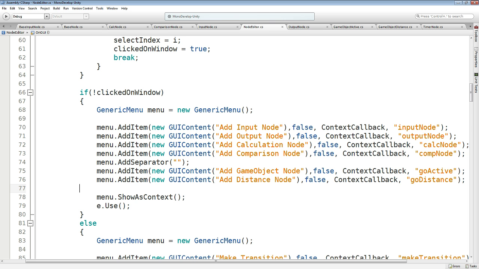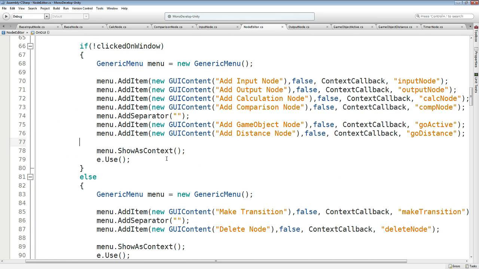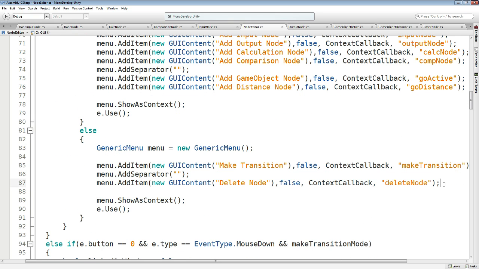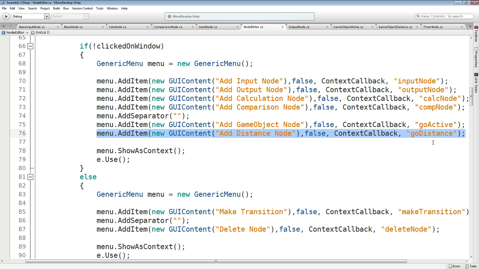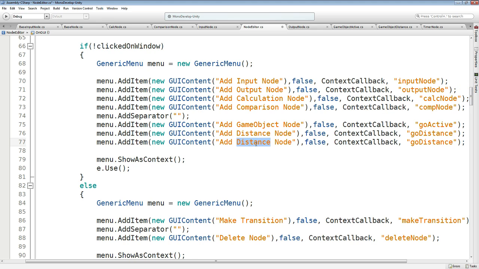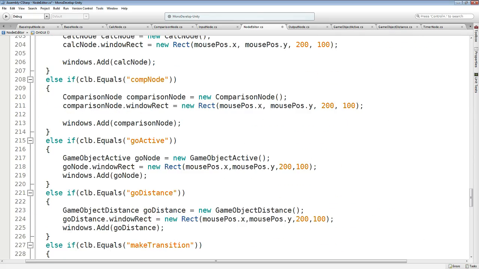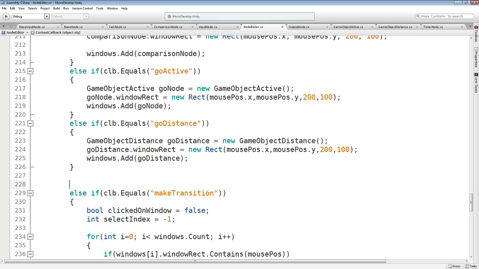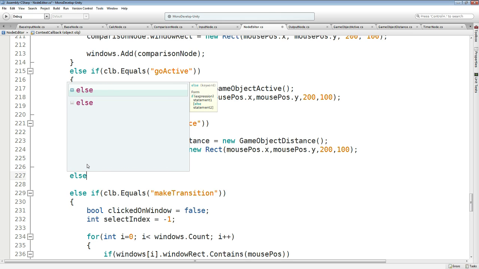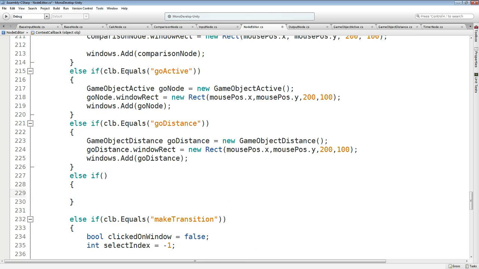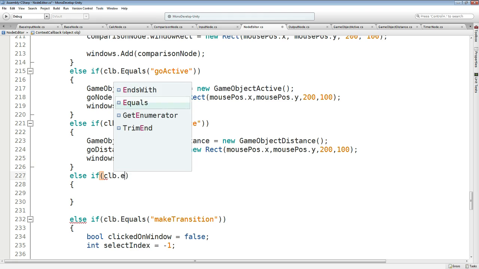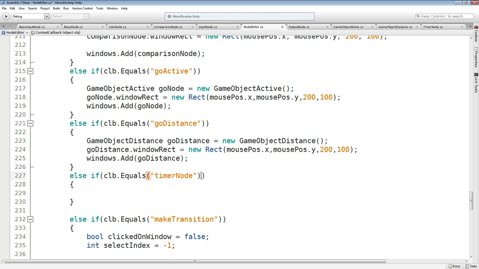So the last thing we need to do, let's add over here, maybe we'll call it timer node. Let's go back to our callback. And we will say else if our callback clb dot equals timer node, then